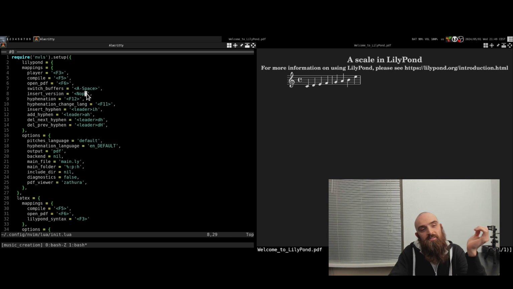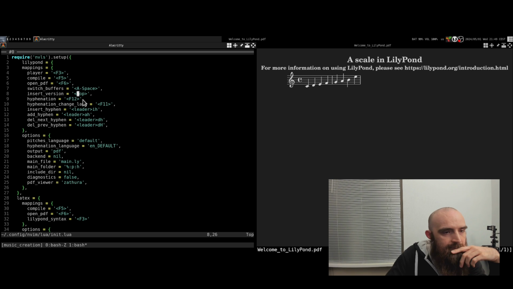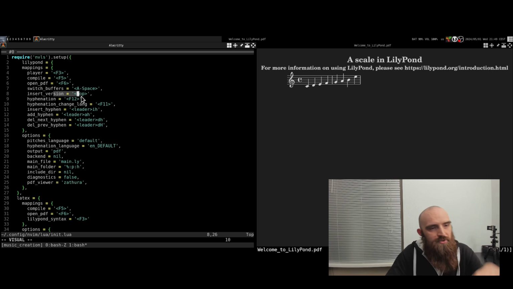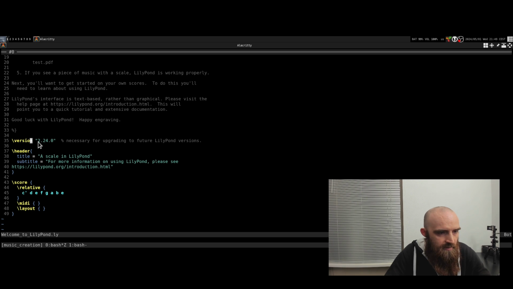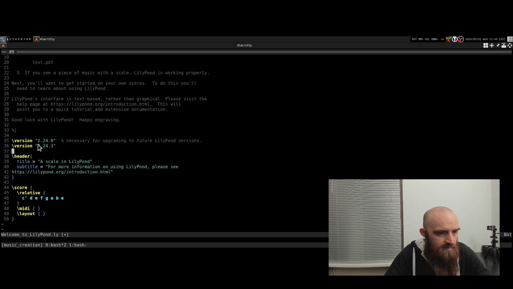Maybe it's useful to mention, if you want to remove a key binding, use NOP with a capital N between the less than and greater than signs, and that unbinds the key. I didn't know that actually, so that's what I found out for this insert version thing. The default for that is F4. If I close this and open it again, it inserts this line, version such and such. It says here that it's necessary for upgrading to future versions, which it is, but